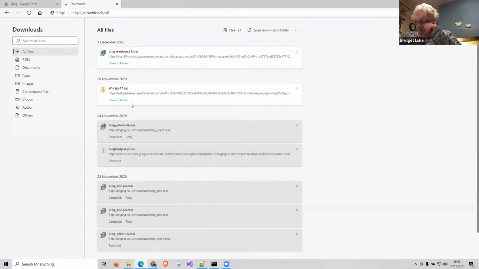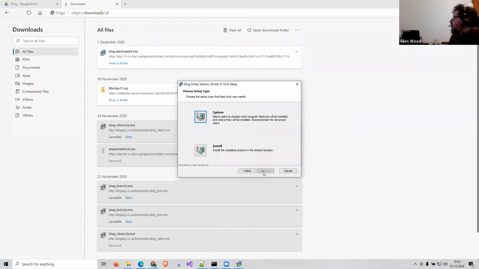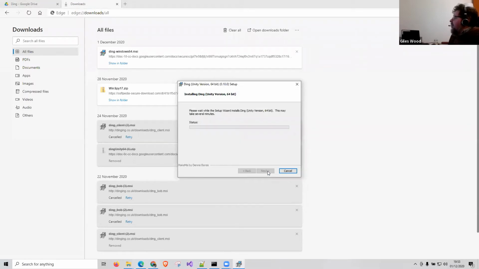Right, and having removed it, I will select the same file again in order to launch the installation. So this is what you see when you're actually installing, and the installation from here is very straightforward, much more straightforward now, because you just click next, you click this button here next to the install to continue with the installation. Then you click install, and then a little window pops up, which you won't see on your screen